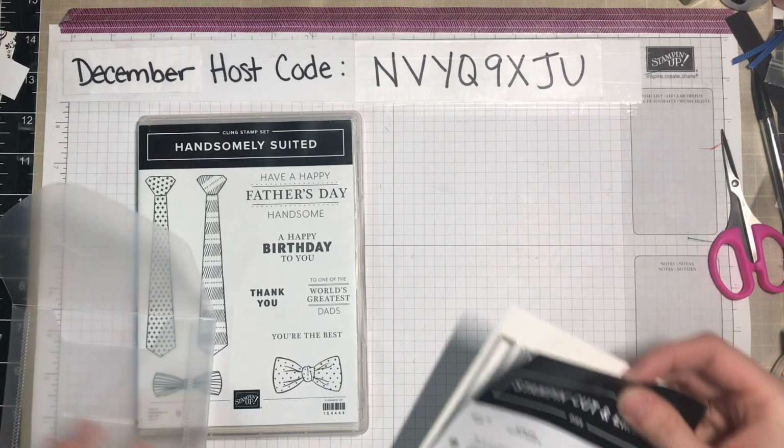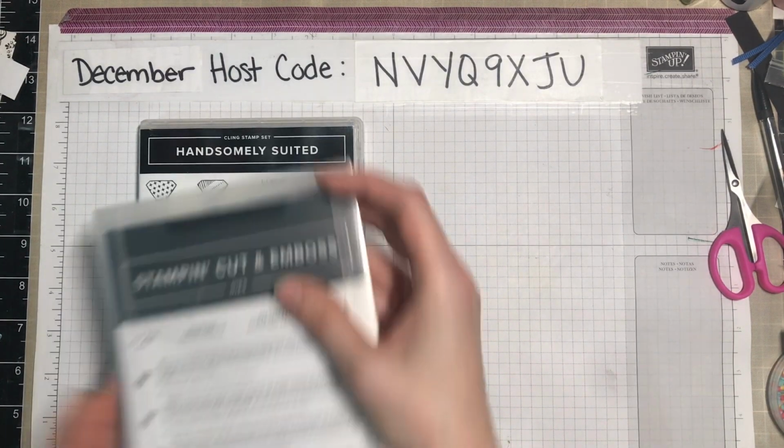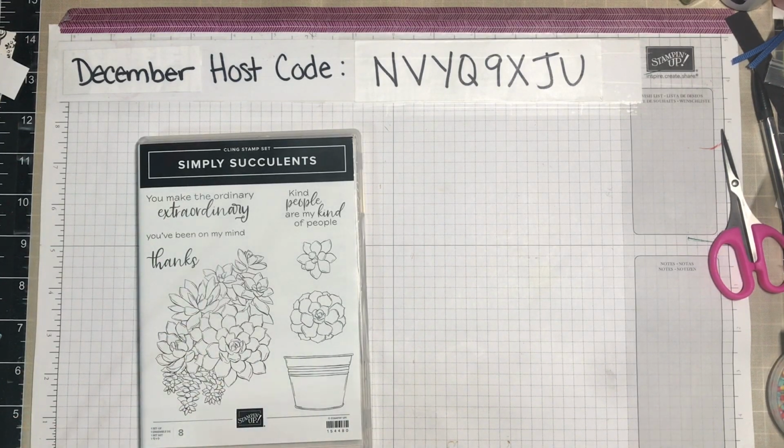I don't use dies very often, but the other thing I'll mention, I'll keep for last. So there's that bundle right there. And then, I'm trying to put things off to the side so that I'm not going to be in the way. This one was one of those that like spoke to me after I finally got the catalog in my